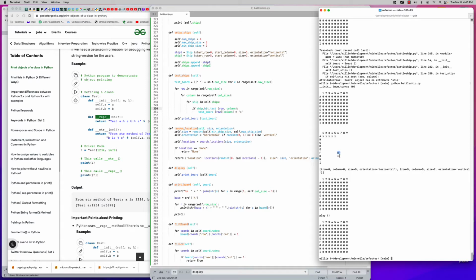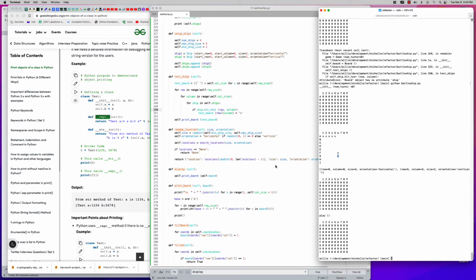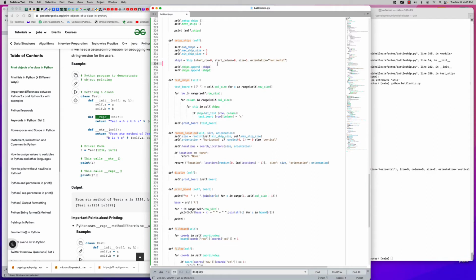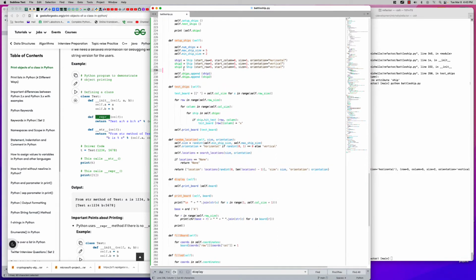And a second ship, vertical of 2. Okay. So that means we can add a third ship. In fact, we don't need this. We just need this. Ship 1. Ship 2,